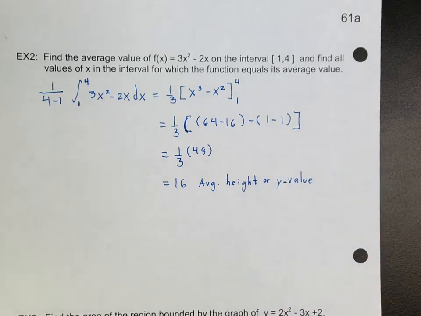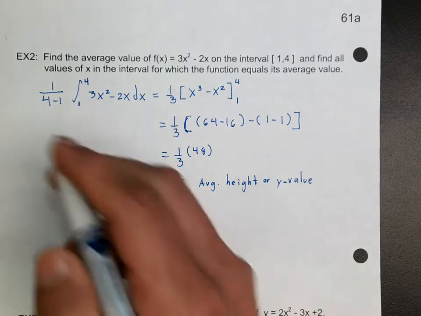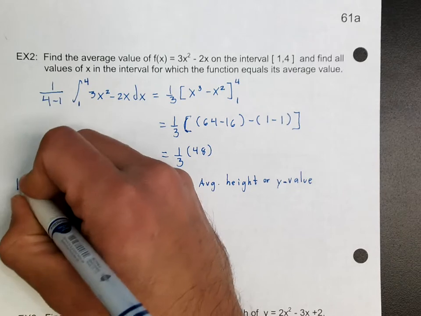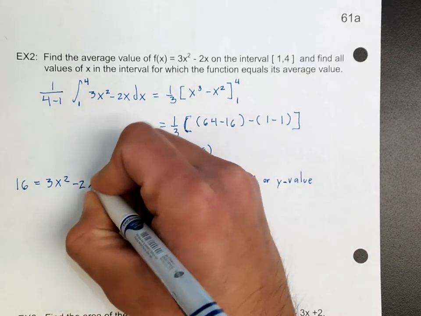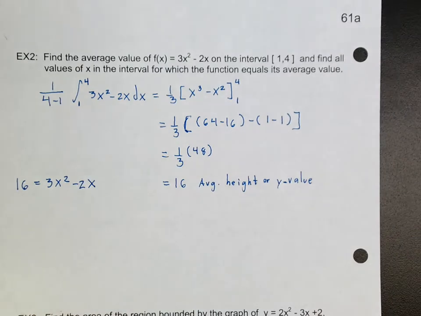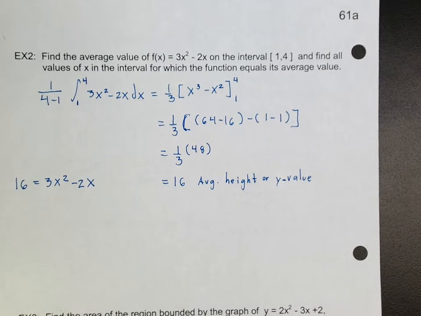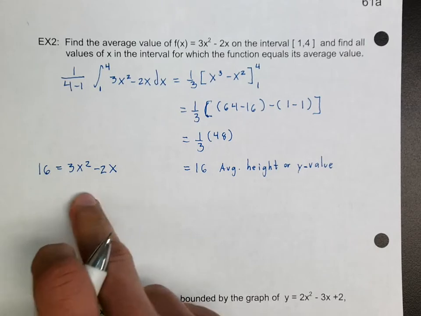Now, to figure out all the values of x in the interval for which the function equals its average value, what we actually have to do is, this is my y, so I'm going to set 16 equal to 3x squared minus 2x. On this, you can use the calculator if you want to. This one's not terribly hard, but